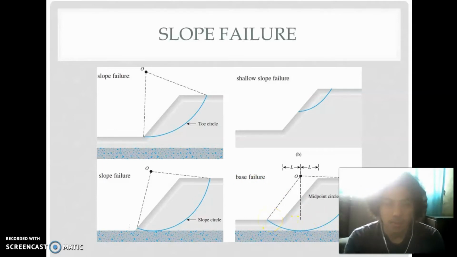Before we study geotechnical engineering, we might think a building cannot be constructed here at the slope area. But with deeper study of geotechnical engineering, we can study a lot on this area. We can even build a structure here, at the slope area. So in the geotechnical engineering study.